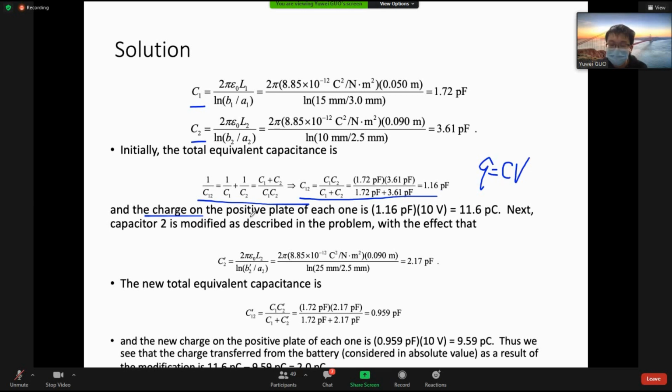But you need to pay attention that due to the inflation, the length B, actually the radius B, has changed. We need to recalculate the total capacitance due to the change of the B. And then